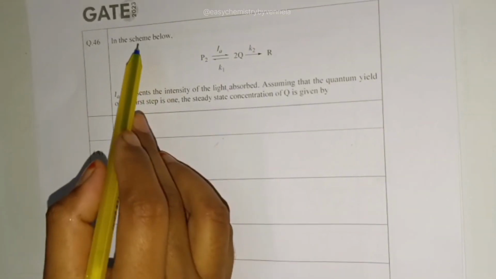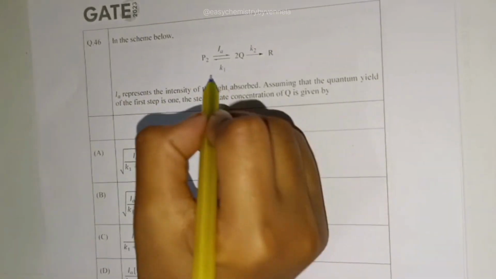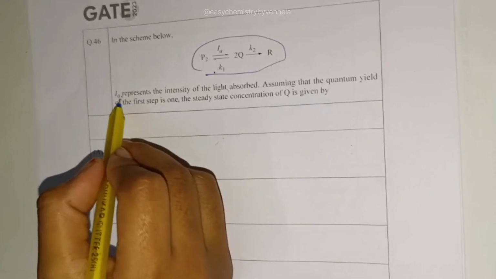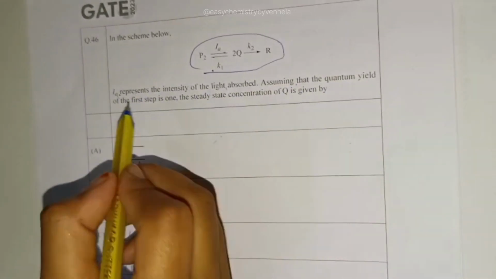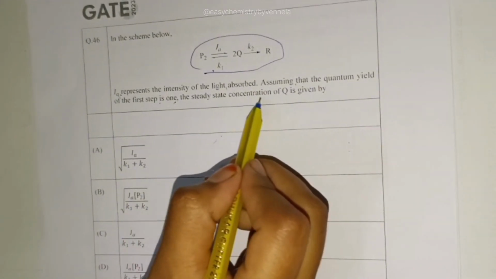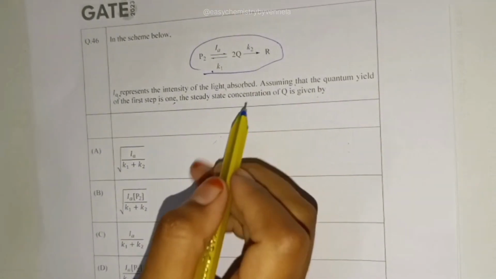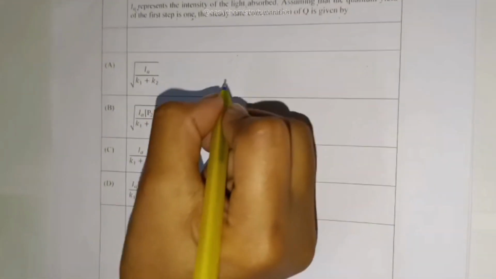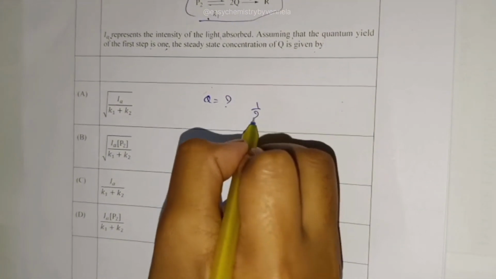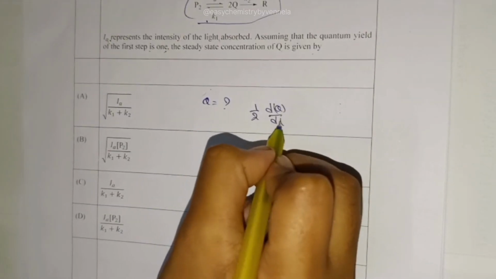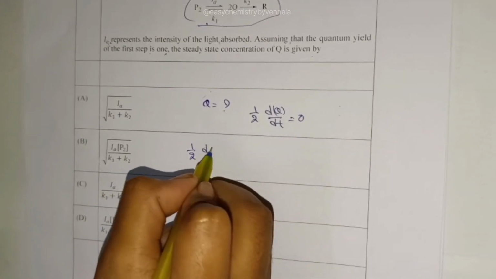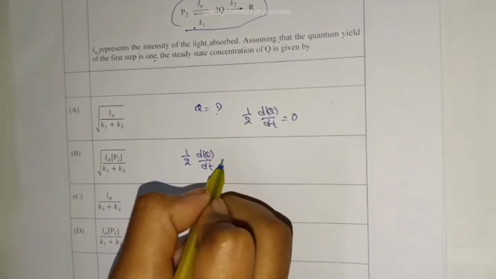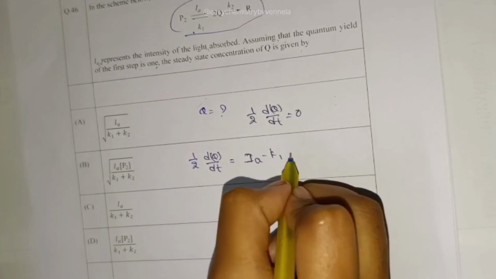Next question. In the scheme below, here they given I alpha represent the intensity of light absorbed. Assuming that the quantum yield of first step is 1, the steady state concentration Q is given by. So here you have to find out Q. Half dQ by dt is equal to 0. So half dQ by dt is equal to I alpha minus K1